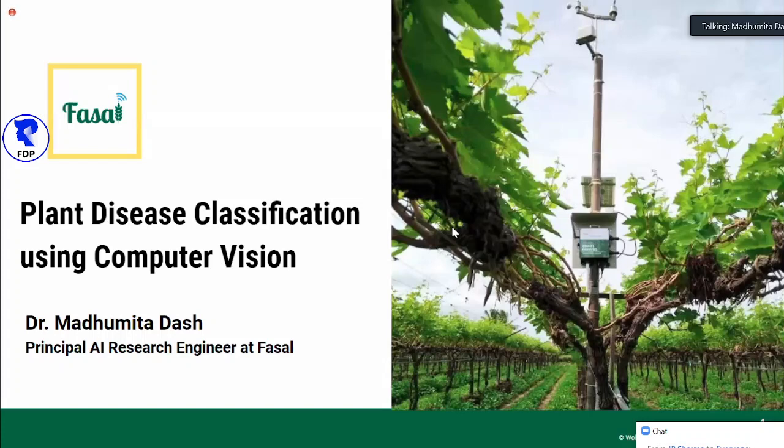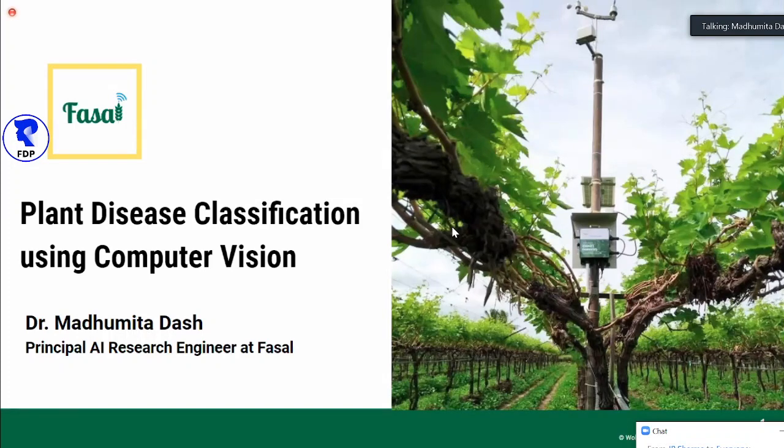That's about Fasal, but one major vision of Fasal is also to close the gap between tech and agriculture. I hope that through this session, this whole concept of computer vision and how we can use it for plant disease classification is the main objective.